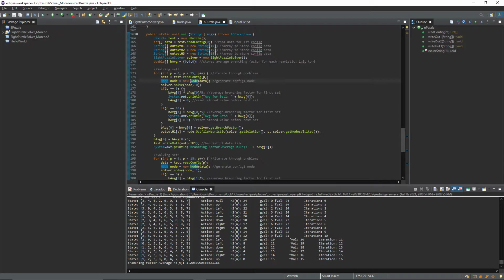Solving set 1. Here we have a for loop so that we can iterate through each of the problems, each of the 15 different puzzles that we're passing to it. Those are being passed through this variable called data. So we create a node and pass data to that node,